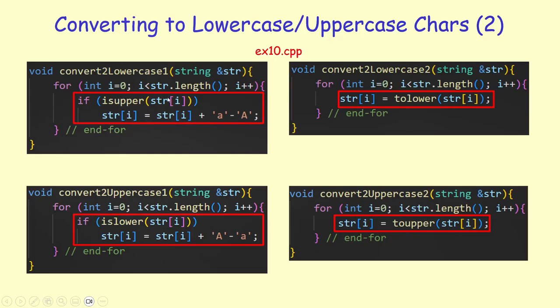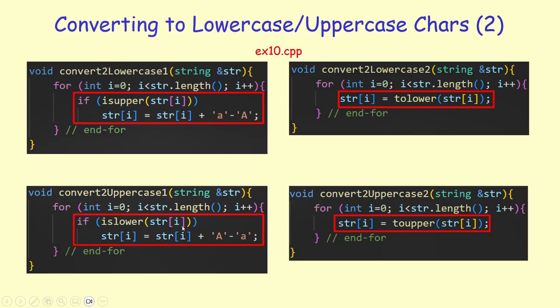So I'm converting that character into a lowercase character by adding lowercase a minus uppercase A. We could also use the tolower function that does exactly the same thing. By using tolower, I'm avoiding this if statement and this computation. So basically, tolower is implementing exactly what's shown on the left-hand side. And the same applies to converting a character from lowercase to uppercase.